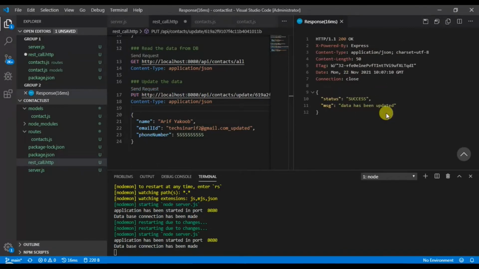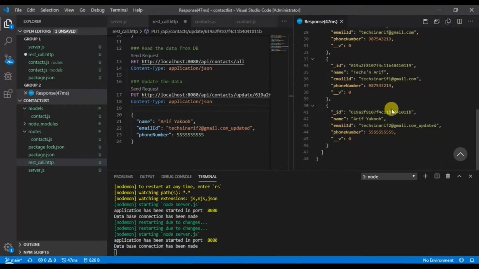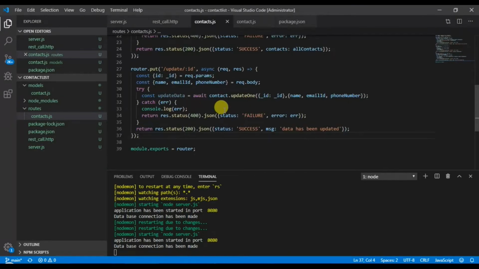As we can see, the data has been updated in the database, right? To view the updated data, we will retrieve it using the get method. Now we can see the recent data, right? This is how the data should be updated in MongoDB. We are almost at the end of this session. Now we will go over the delete method and finish this session.